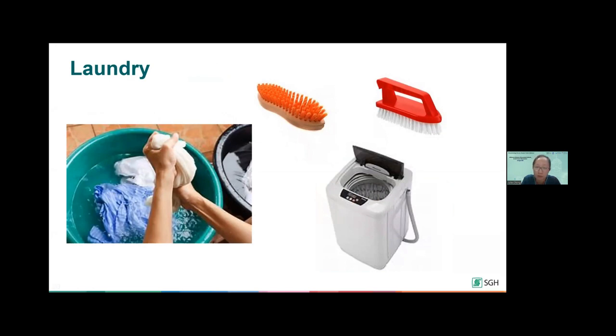One is an orange bristle and the other one is a red handle. So I always tell them that if you really need to make use of a brush, try to get one with a handle, similar to the red one, because with a handle you can slip your hand in and you don't have to grip very tight. You can just press down, and as you lift up, the handle allows you to pick up the brush without gripping too tight. Whereas the other brush has no handle, which means that throughout the entire brushing motion, you have to grip very tight and exert a lot of force on the fingers.